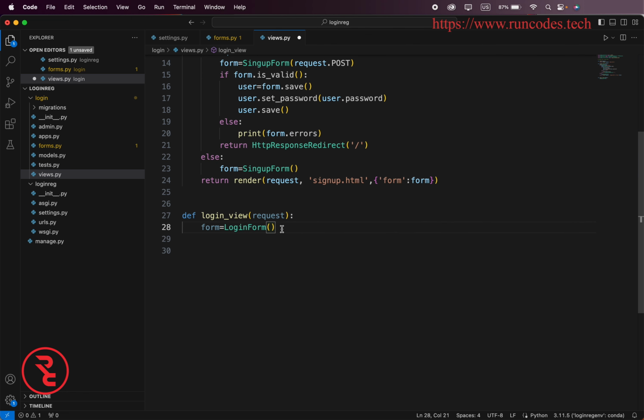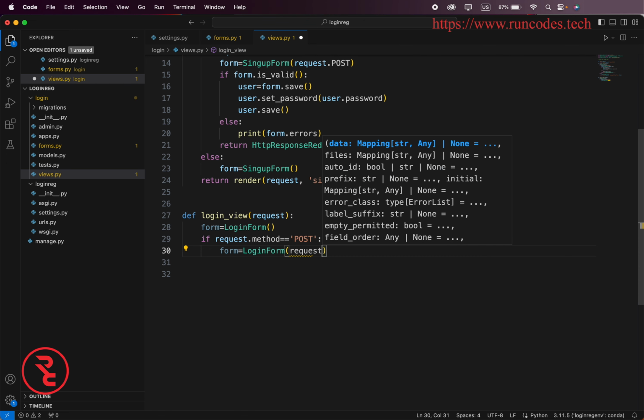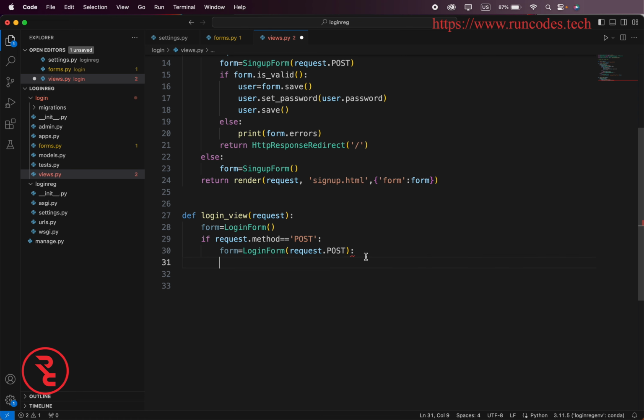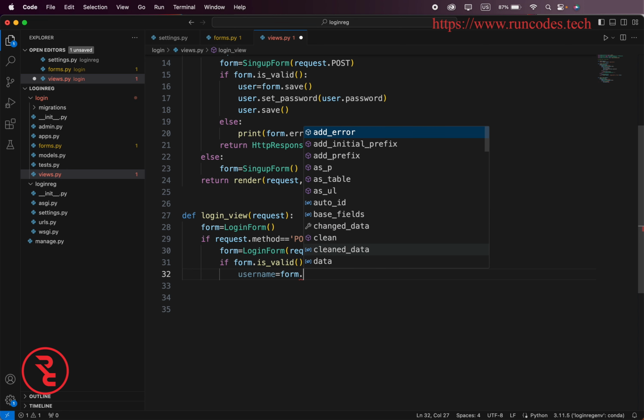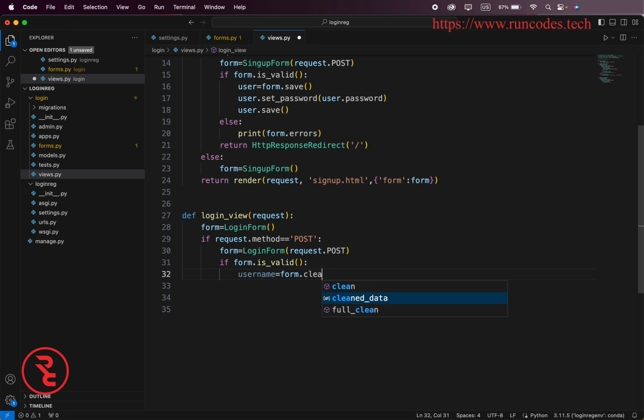Create the instance of our login form, and then if request.method is equal to POST, form is equal to LoginForm request.POST. If form.is_valid, we are going to store the user input value in our variable. Username is equal to form.cleaned_data